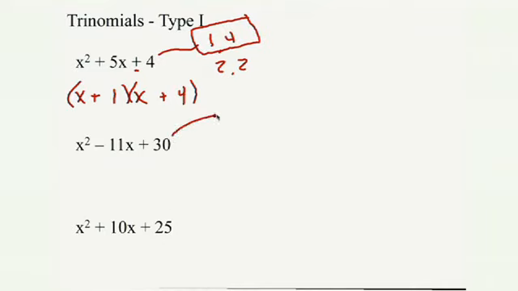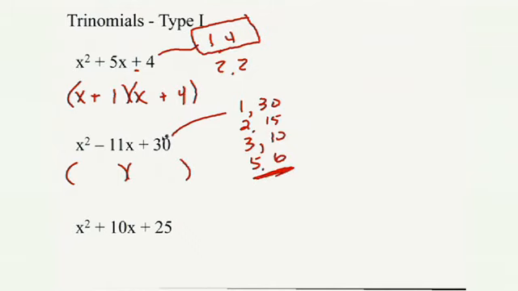Factors of 30. A little bit bigger of a list. Got 1 and 30, 2 and 15, 3 and 10, and then 5 and 6. Okay, so this is all of the possible factors of 30. And as Jerry said, we want factors of 30 that add to 11, the middle number. For now, we're not going to worry about the sign of the middle number. We'll worry about that last. Absolutely.